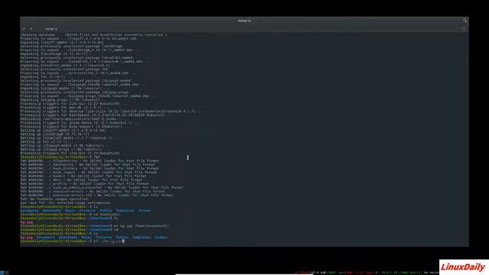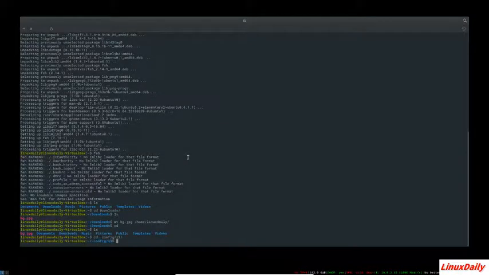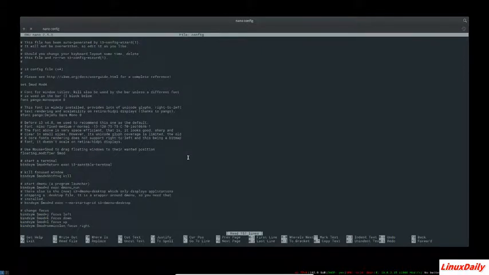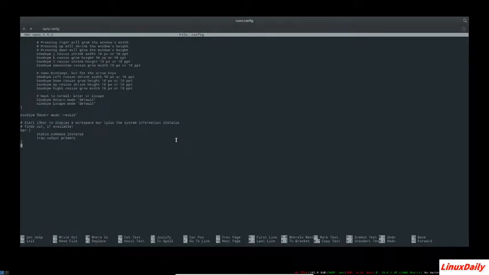I'm gonna scroll through there, and then nano config, and then go down wherever you want to place the command that will execute the command to give us our background. We'll just exec. I'm gonna do it right here at the very bottom. And we had to download that from the